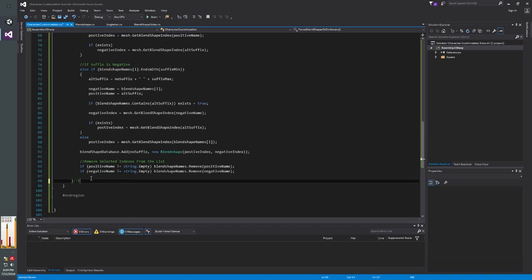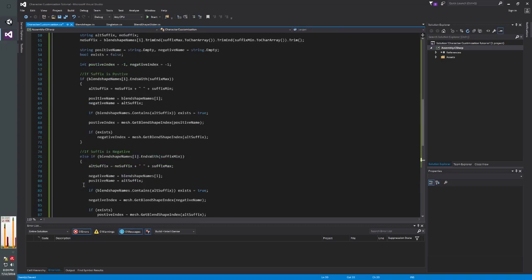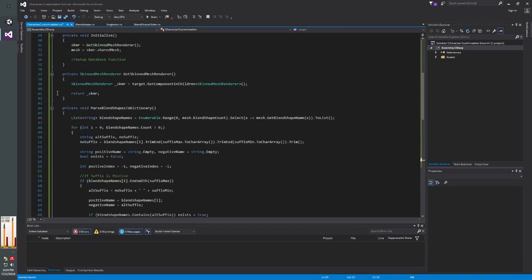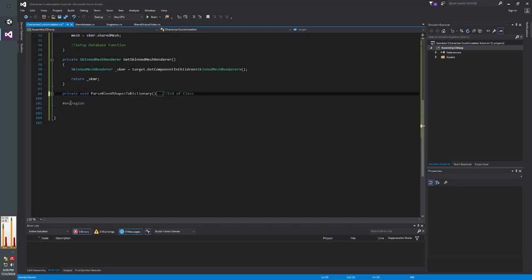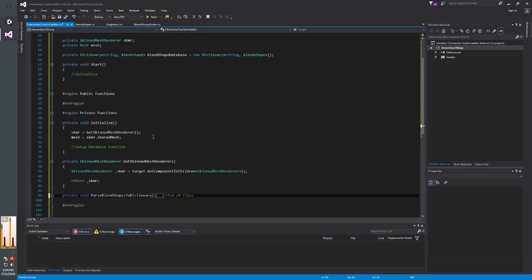I like to do this just to remind me when I work on this thing: end of loop, and this is just the end of class. Usually when I work on big things like this, sometimes I accidentally add another bracket or something, and you know how C# reacts with another bracket. It's not fun. Okay, now after all that work, we can finally create our one simple function